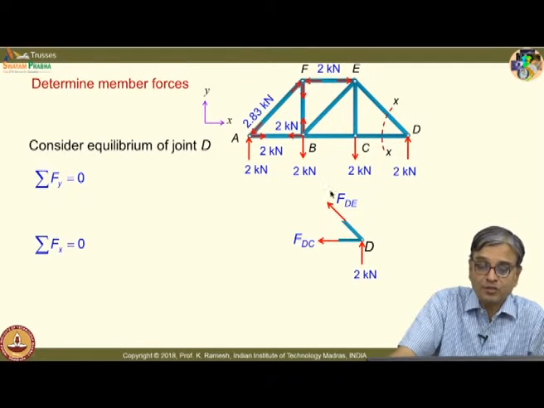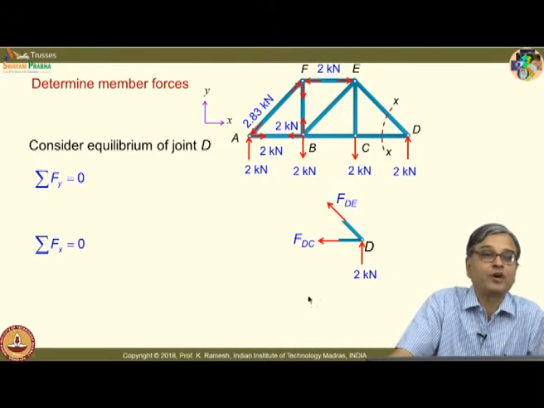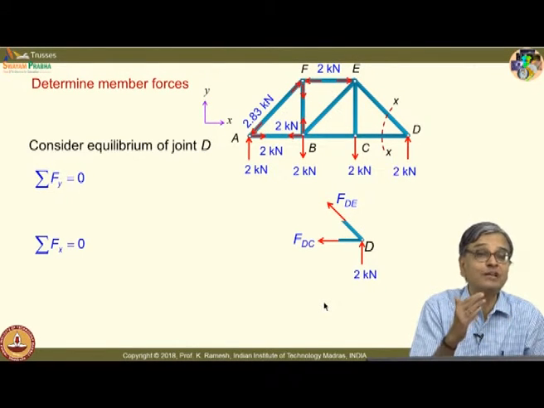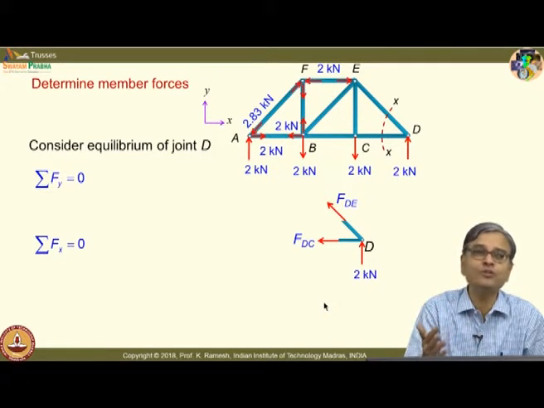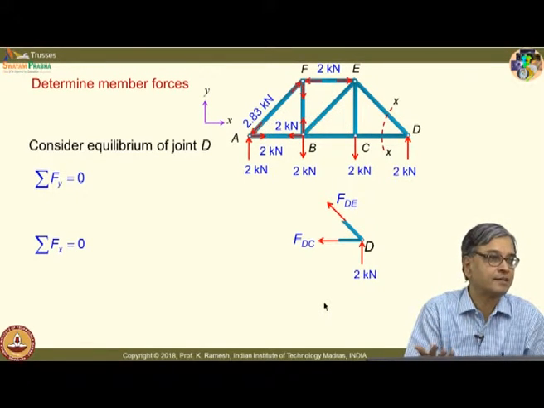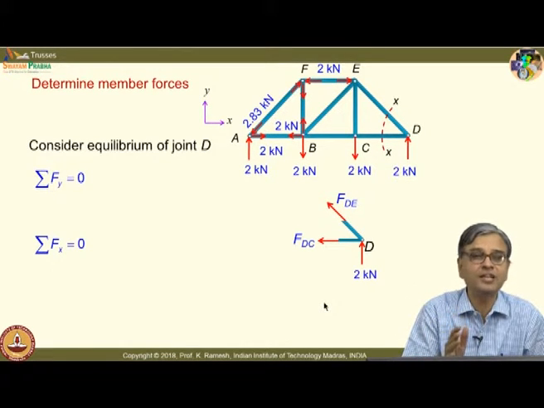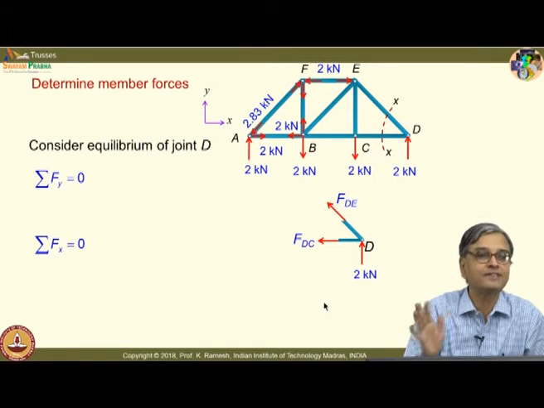So, if I use this kind of symbolism in drawing the free body, I can also associate my positive and negative value of the answer to tension and compression. Choice is yours, whichever is convenient to you, you practice that. But the final and foolproof interpretation is you should refer with respect to the joint: away from the joint is tension, towards the joint it is compression.